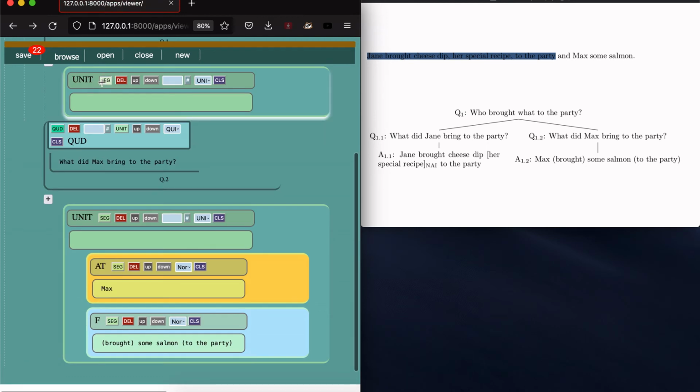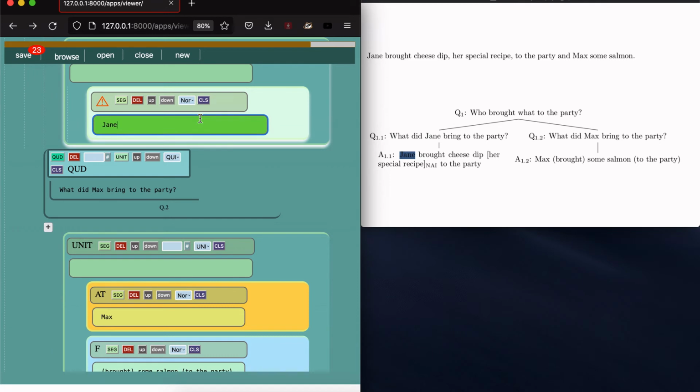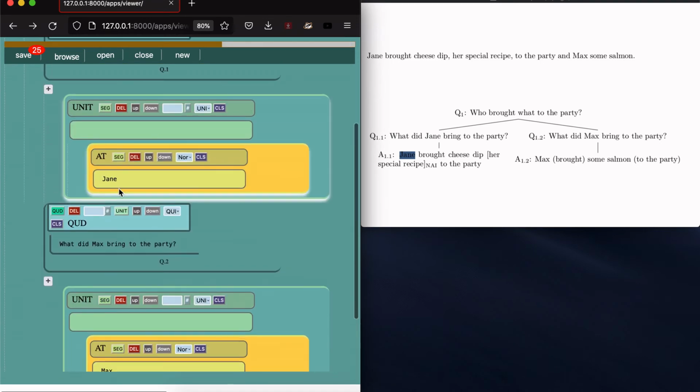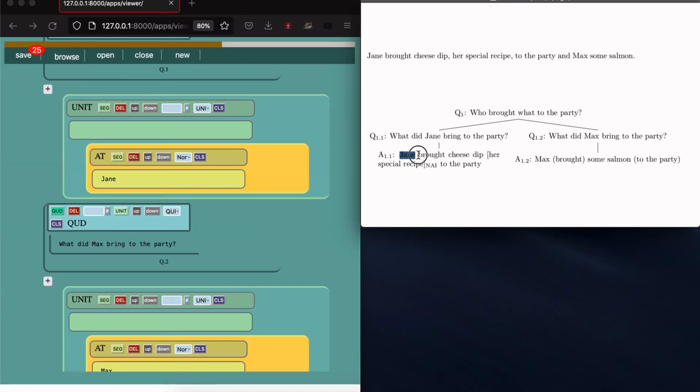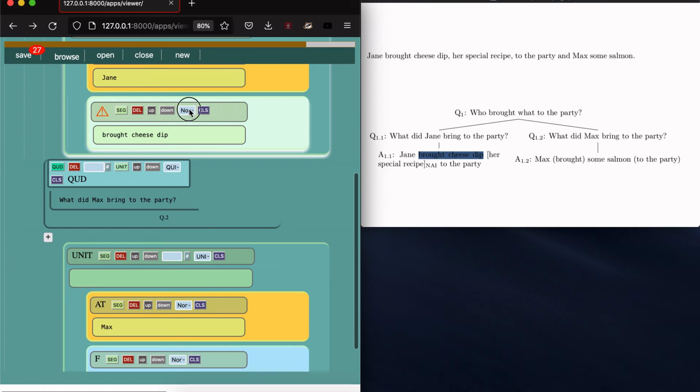we can actually add more segments. So we want one for Jane, same as we did with Max. Say Jane is the assertion topic, CLS. Now it's changed to yellow. Brought cheese dip to the party,